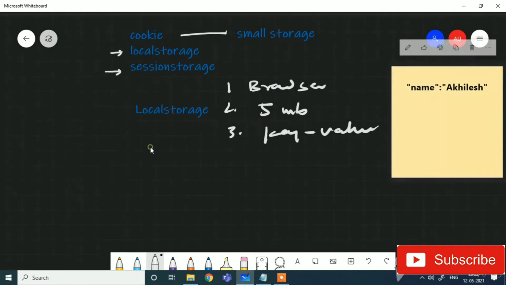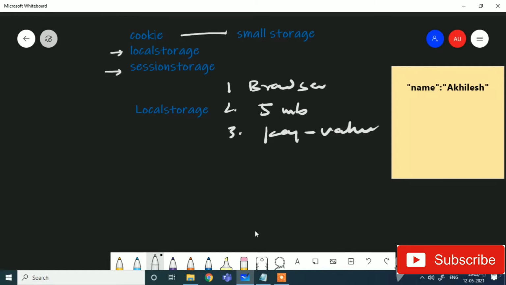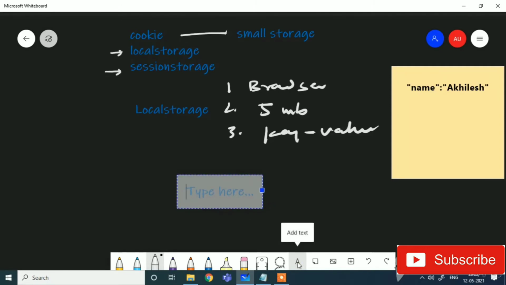Now let us discuss the syntax used for storing data, getting data, clearing data, all those things. In local storage we can use localStorage.setItem. First of all we have to give the key.